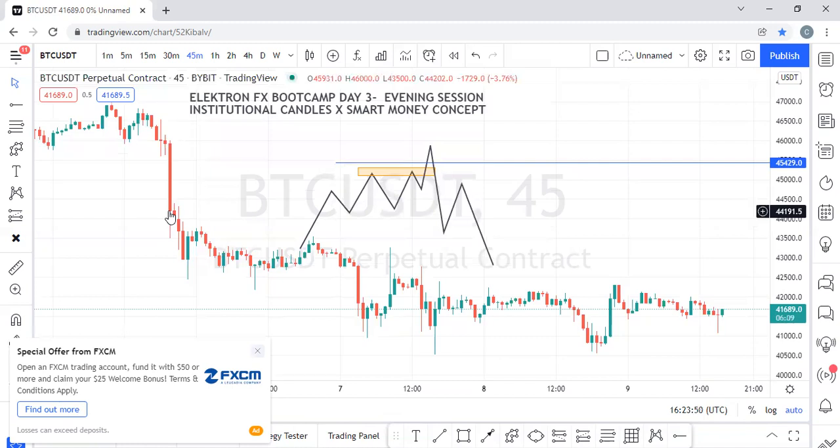Each candle you see here, this is a 45-minute time frame, is printed by money. All these candles represent people's money, because people's money is what controls the market. It is what makes the market move from one point to the other. If there's no one willing to sell, this market is not going to go down. If there's no one willing to buy, this market is not going to go up. So the market is controlled by volume of orders. And I want to let you know this, that for the market to move,